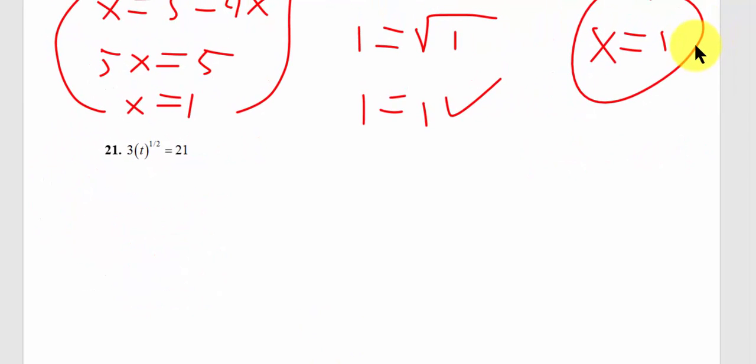So 21. All right, so listen, you see how they use the 1/2 sign? Remember from chapter 2 that raising something to the 1/2 is the same as taking the square root. So we can leave it as 1/2 and divide everything by 3. You're left with t to the 1/2 equals 7. Now watch what happens. If I square both sides,